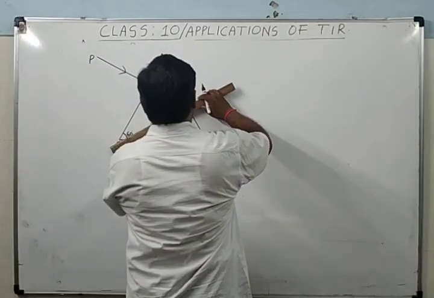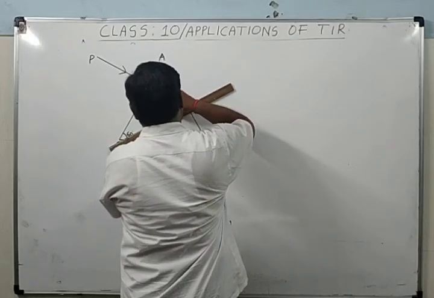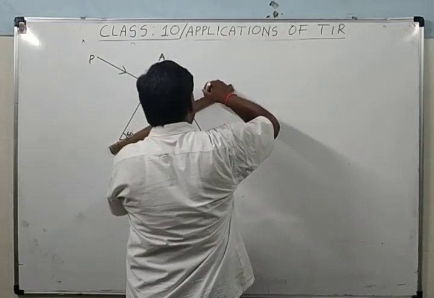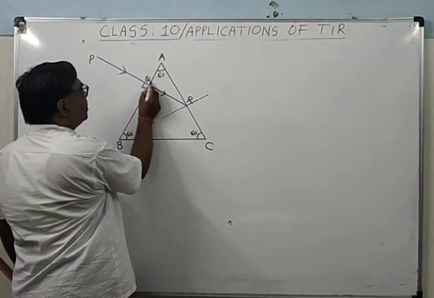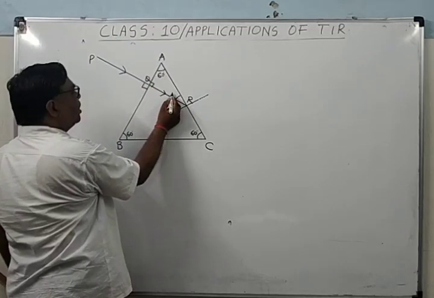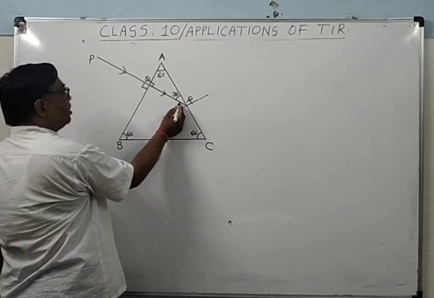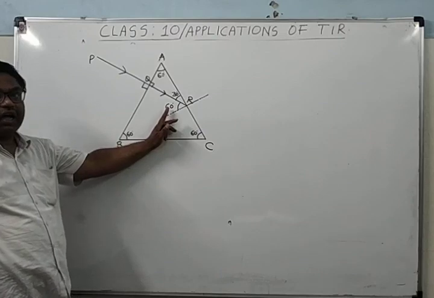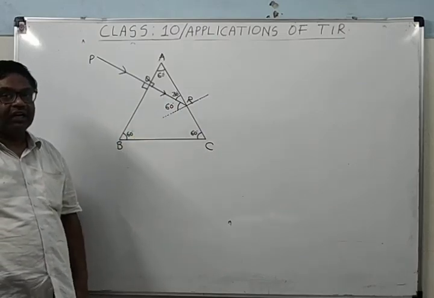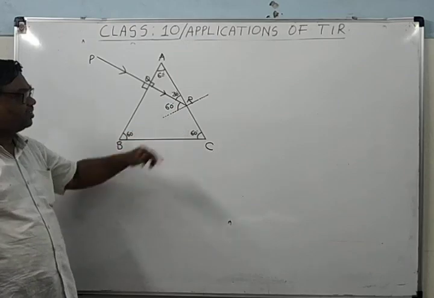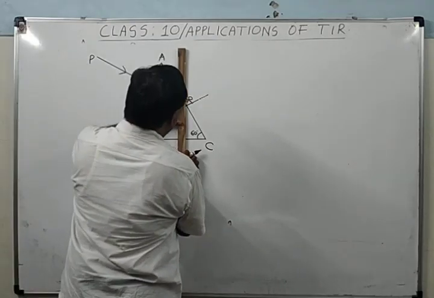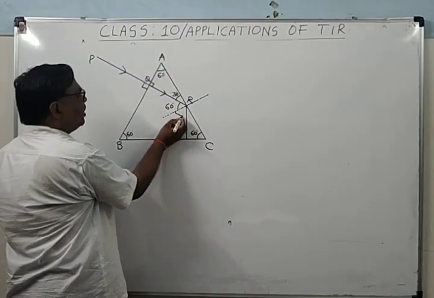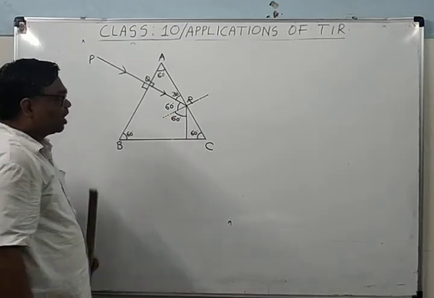Now at this point you draw the normal. Here we have drawn the normal. This angle is 60, this is 90, so what will be this angle? This is 30. This is 30 degrees, so what will be this angle? 60 degrees. So since angle of incidence at the point R becomes more than critical angle, so it will suffer reflection and reflected ray will go making what angle from the normal? Reflected ray will go making 60 degree angle from the normal because it will obey the laws of reflection.